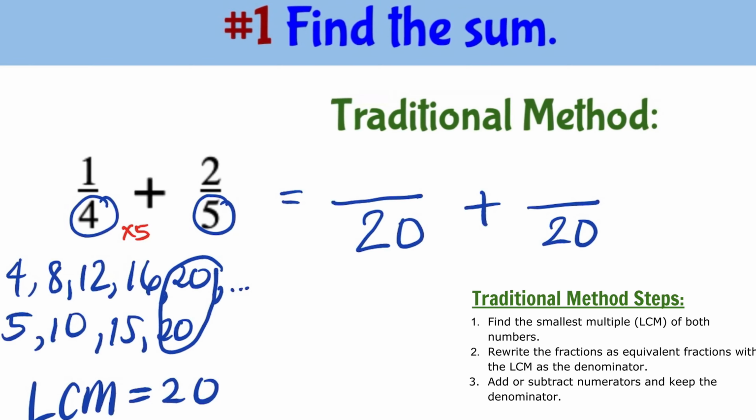So we need to multiply the numerator also by 5. So 1 times 5 is 5, and 4 times 5 is 20. Doing the same thing with the second fraction. The second fraction has a denominator of 5, so we need to multiply this by 4 and this by 4. So the second fraction is equivalent to